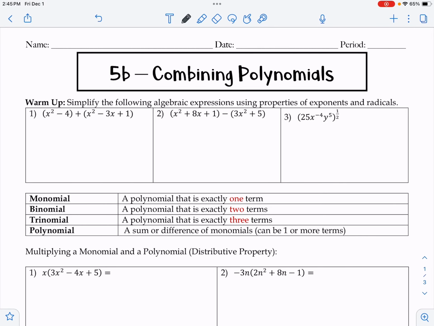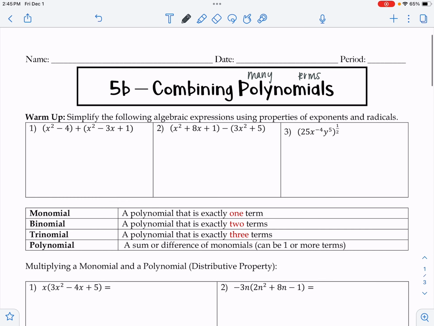All right, so this lesson is about combining polynomials, and polynomials just means many terms. And so it could have one term, two terms, three terms. And so when I say combining, that could mean adding, subtracting,